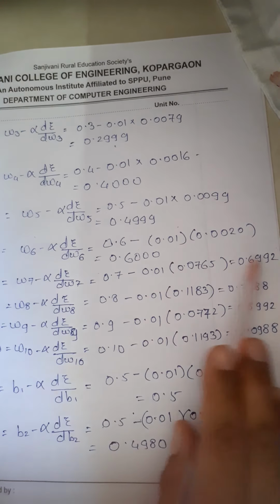This value also we are having, we have done it, right? So if you will see, it is exact same. There's no change. B2 you have to go. So slight changes there, very minor changes you can see here. Okay. So till here, what we have done is we have back propagated. So finally, we have back propagated our values, what we have computed. We have modified all the weights.